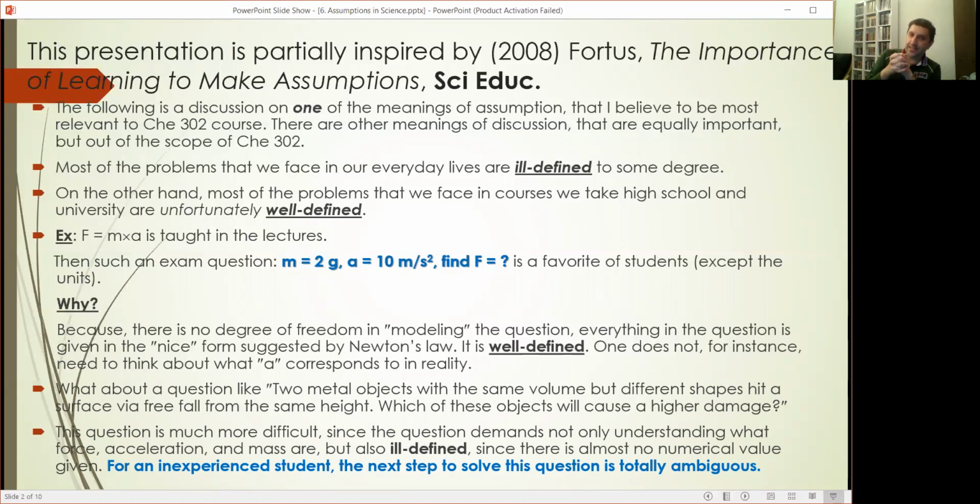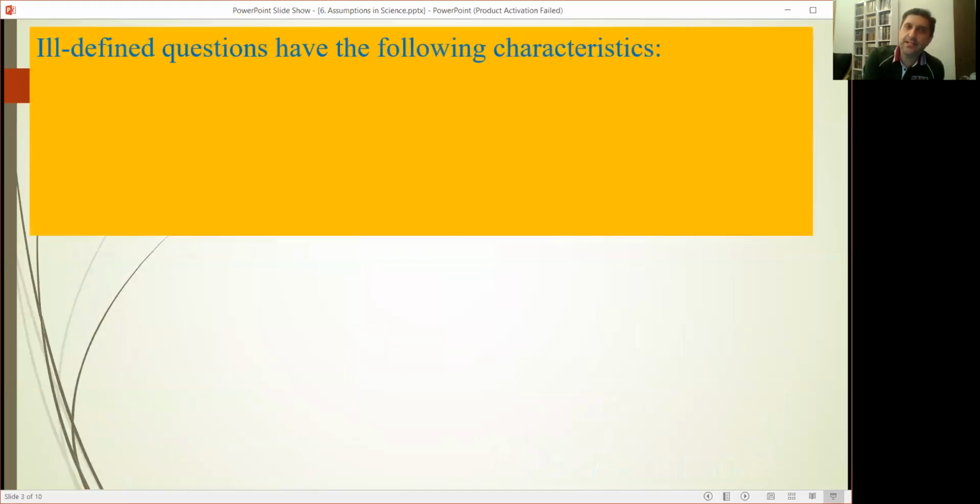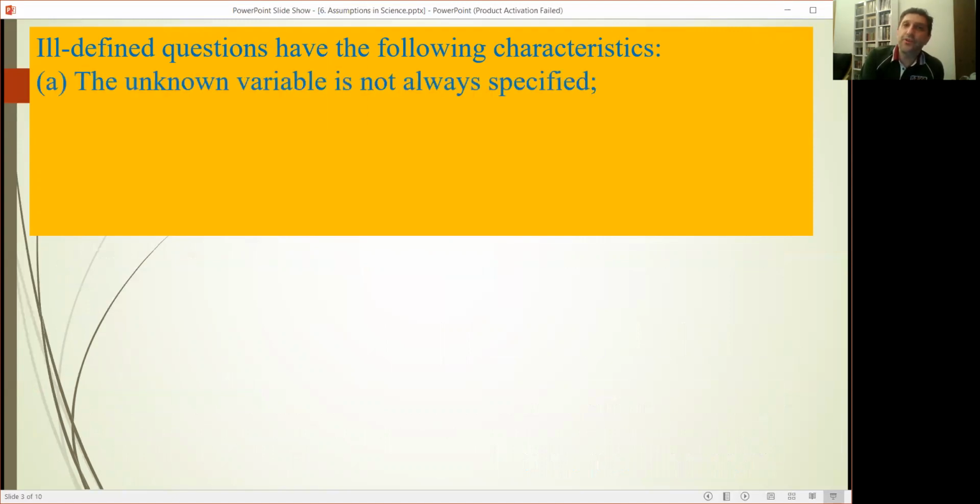And for an inexperienced student or an inexperienced person in physics, the next step to solve this question is totally ambiguous. So let's talk in a little more detail about the properties of ill-defined questions. Actually, the unknown variable is not always specified. For instance, if any of your instructors asks a question, and what is asked is not very clearly